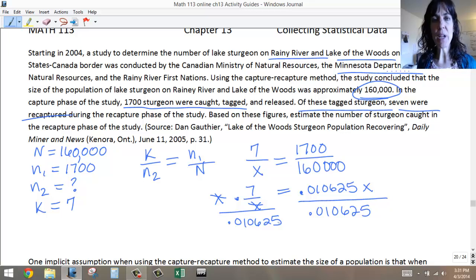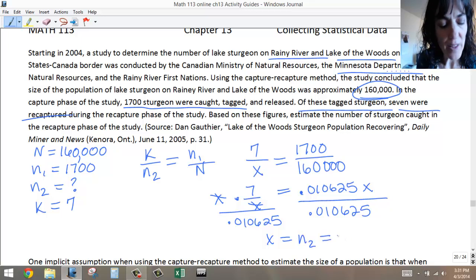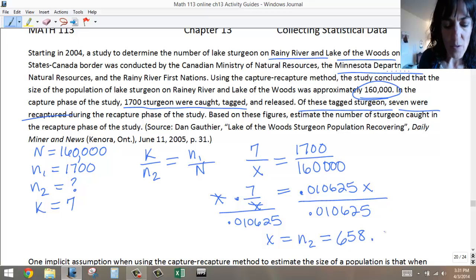And since it's sitting there on my calculator, remember you can use that 1 over X button to sort of flip it over. So I'll do the 1 over X, or the X to the negative 1, and then times 7. And so I get for my X, which was really my N sub 2, 658.82. So I'm going to have to go with 659 sturgeon